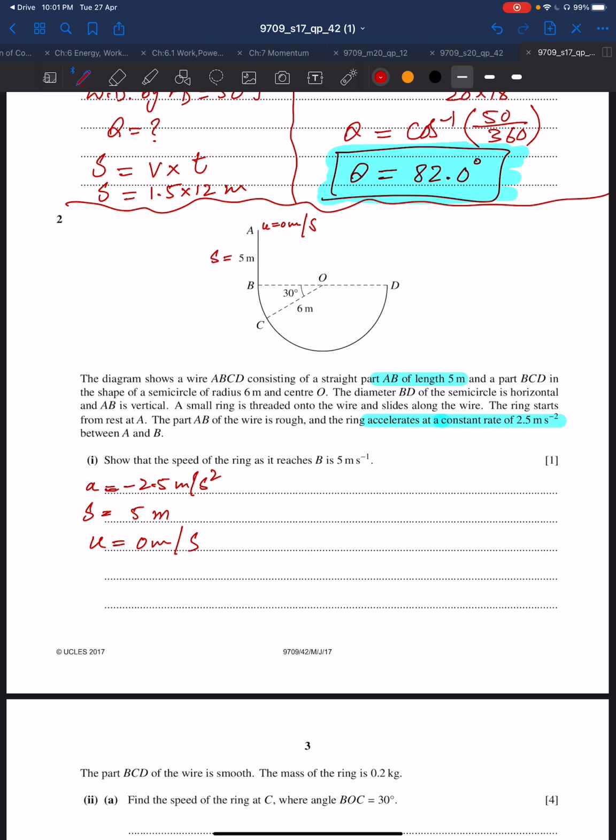You're supposed to find the velocity at B, the speed of the ring at B, which is the final velocity. So these a, v, u, a, and s come in the formula v square is equal to u square plus 2as. So we'll substitute the values. v is equal to square root of 0 square plus 2 into minus 2.5